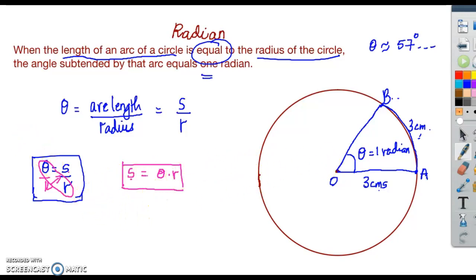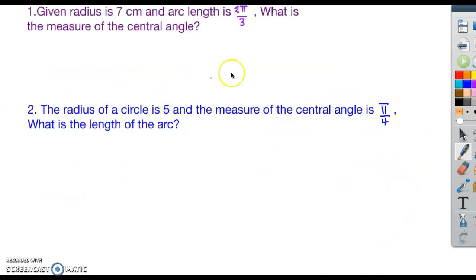So based on this, I'm going to quickly do two problems. Given the radius is 7 centimeters, so I'm going to write it here, radius is 7 centimeters, and the arc length, we know the letter S, is 2 pi over 3. What is the measure of the central angle? We know the formula for theta is S over R. So instead of S, I substituted 2 pi over 3,